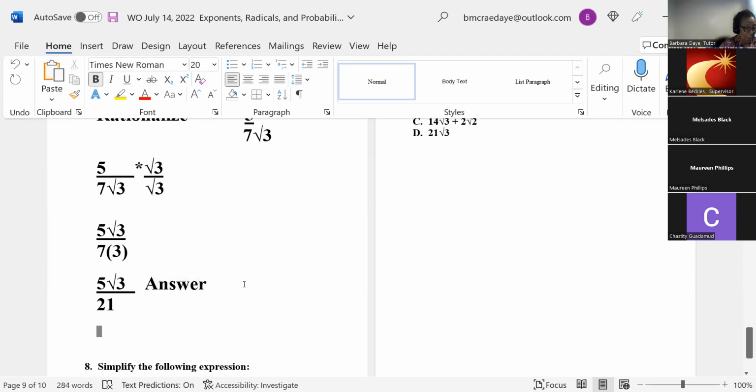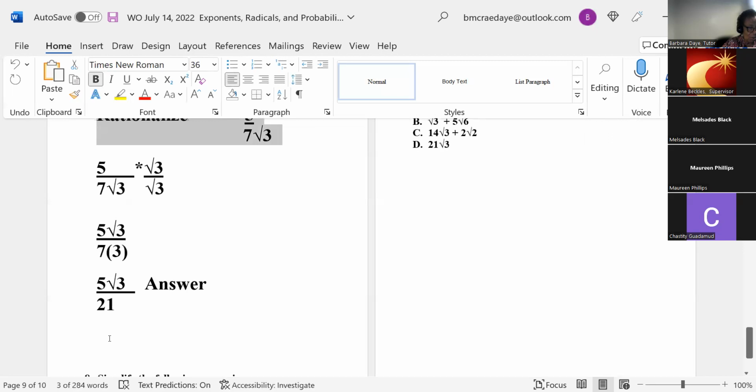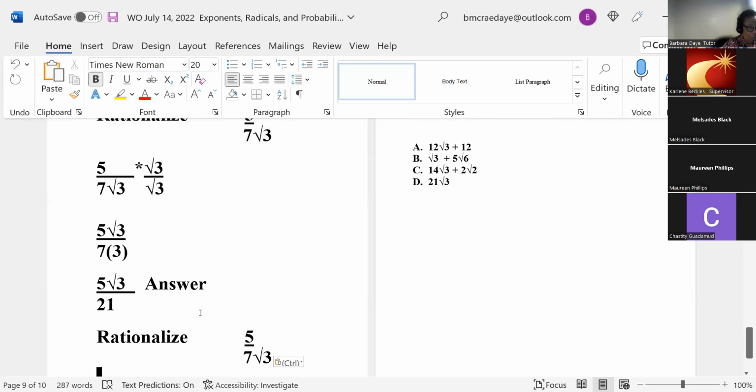See, this one came out already simplified, right? Because the 5 is prime, the 21 is prime. So once you get the prime numbers, you'll simplify. All right, let's try another one. Rationalize. Because the more you practice these, the more comfortable you become doing them, actually. Okay, so we want to rationalize